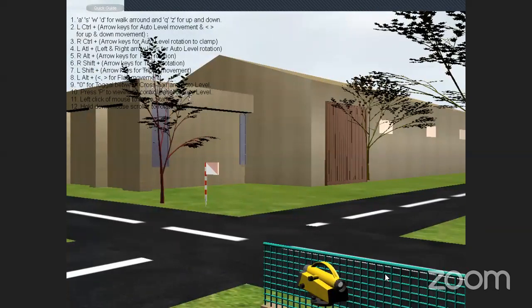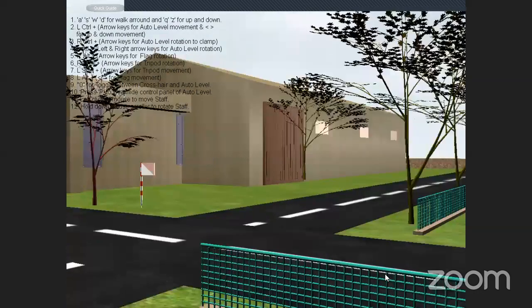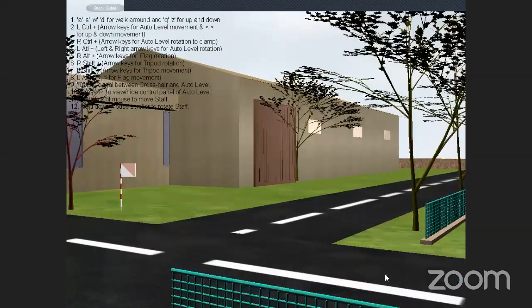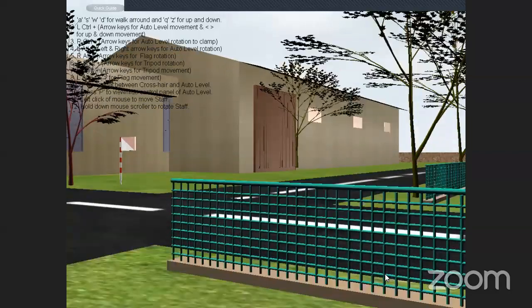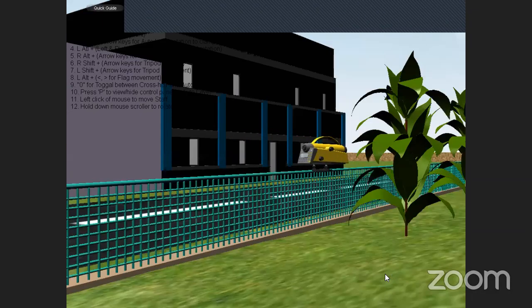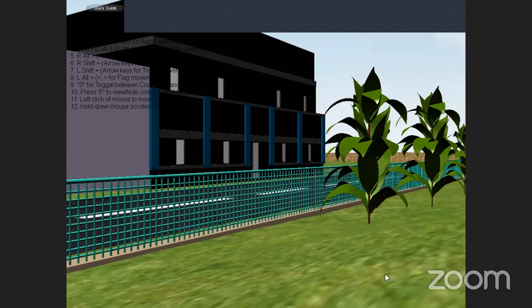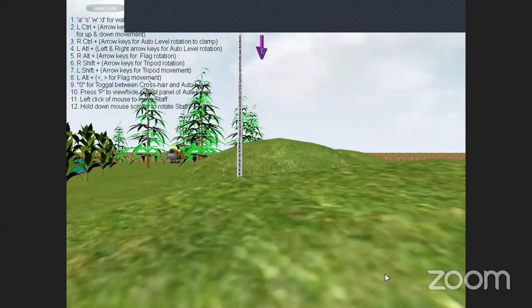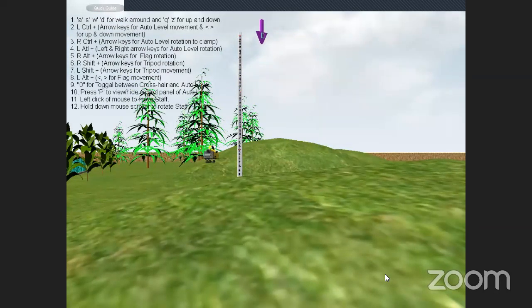Now I have kept the staff at the same position to take the back sight. Now I am going to shift my telescope as well as the tripod. In animation we don't actually require a tripod, but in reality you have to have a tripod with three legs to adjust and get a horizontal line of sight. The telescope also you cannot move like this.